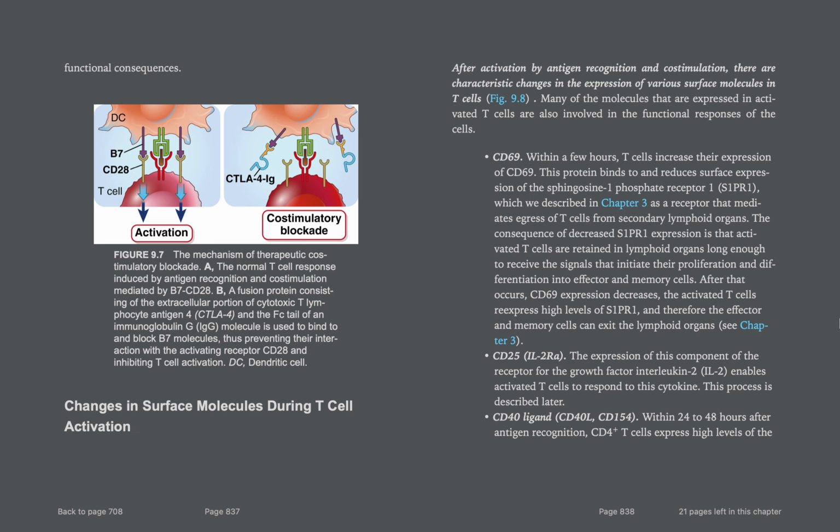Figure 9.7 shows the mechanism of therapeutic costimulatory blockade. A, the normal T cell response induced by antigen recognition and co-stimulation mediated by B7 and CD28. Then we see in B a fusion protein consisting of the extracellular portion of cytotoxic T lymphocyte antigen 4, CTLA-4, and the Fc tail of an immunoglobulin G molecule, used to bind and block the